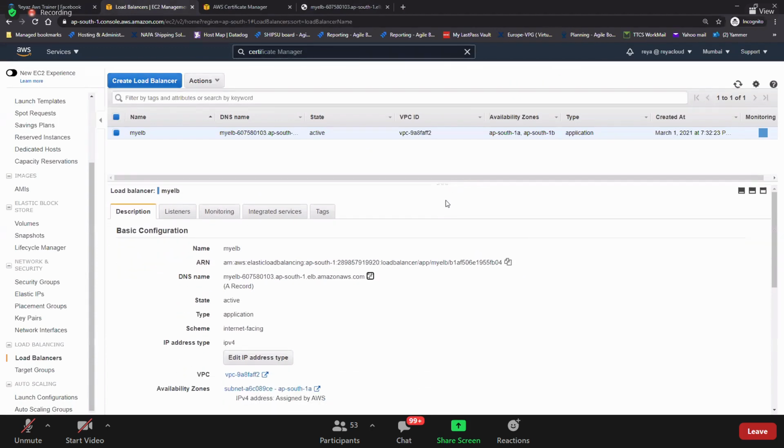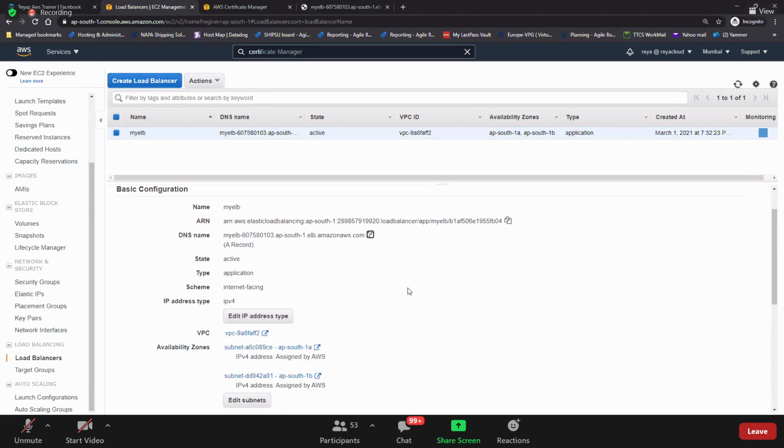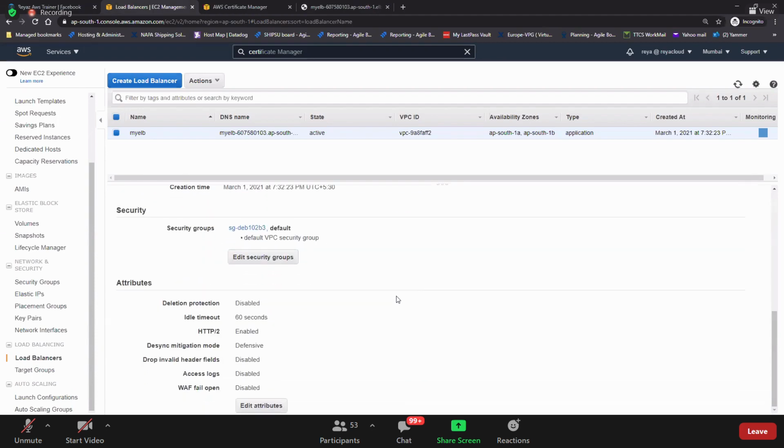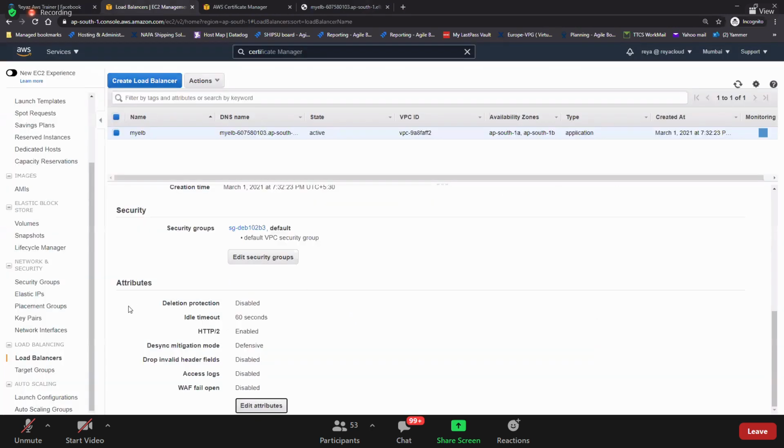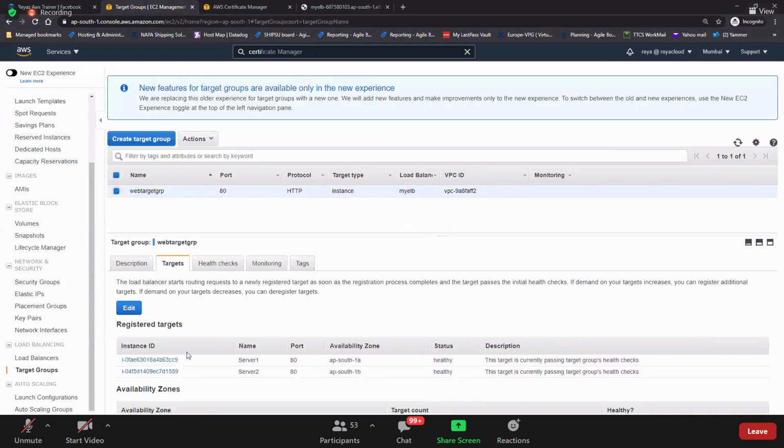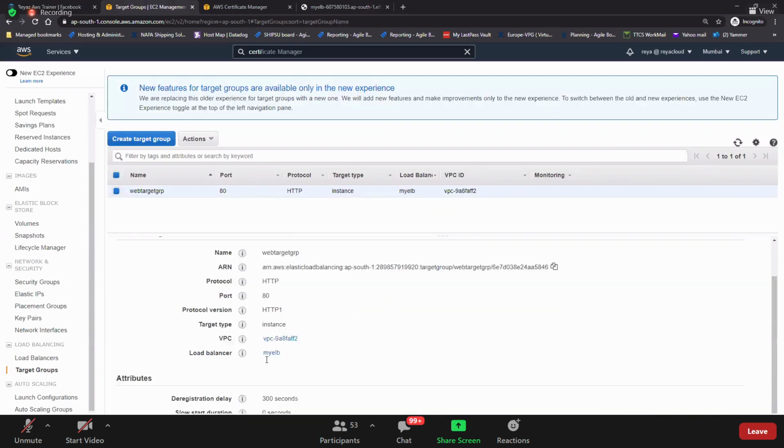So this is how we create the load balancer. Here we have an interesting thing called attributes, and this is for the target groups.